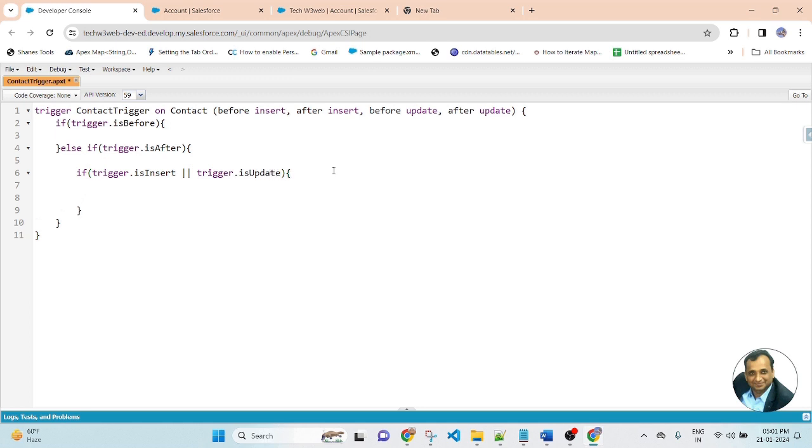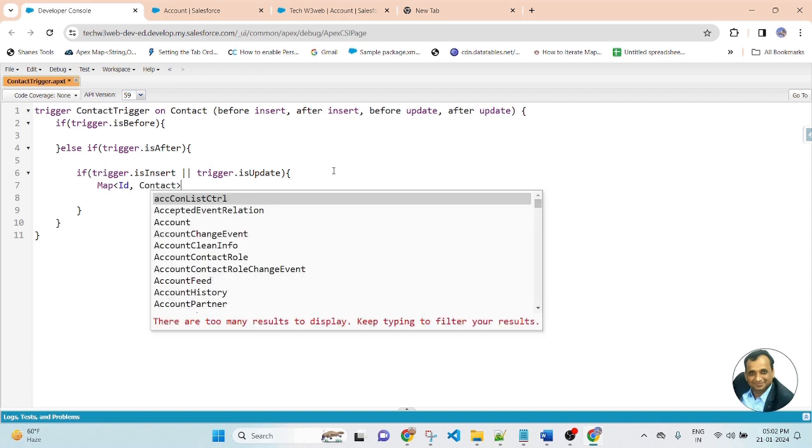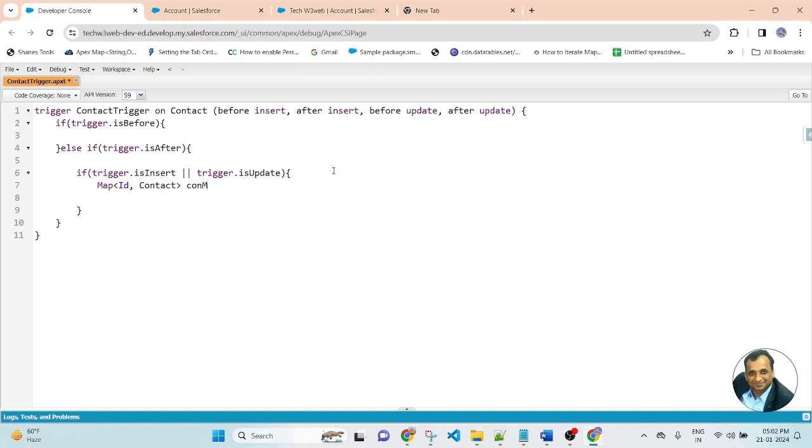Inside the context variable, first I will create a map of ID and contact, a map equal to new, copy and paste here, and create the brackets. So here I created an instance of a map of ID and contact.